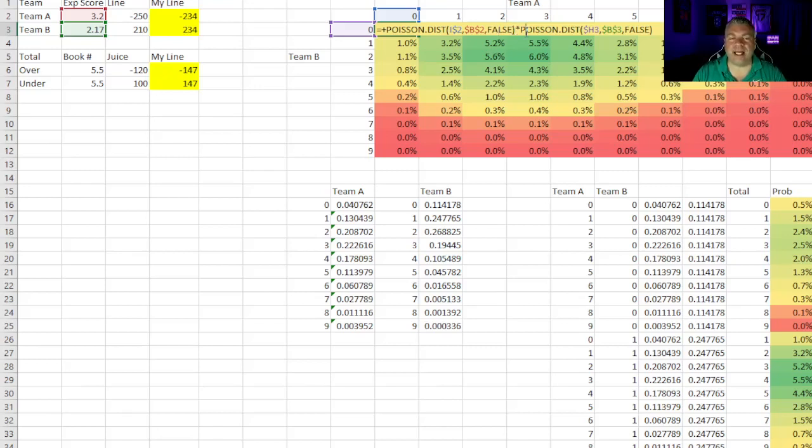Now we're going to do the same exact thing. We're going to multiply that number by the same Poisson distribution for 0 for team B. So the same thing, we use H3 in this case. H3 is the 0. Then we use B3, which is team B's expected score. So we go over to team B. We use the projection of 2.17 as the mean, and then false again as the cumulative. And that is it. So you're going to get a 0.5% chance that this game finishes 0-0 based on these